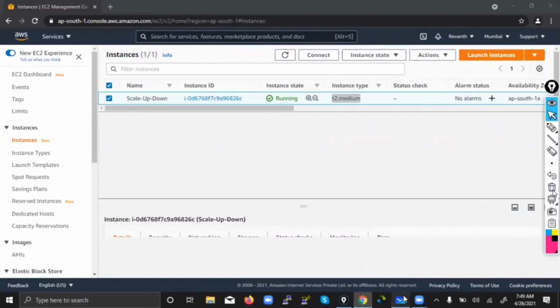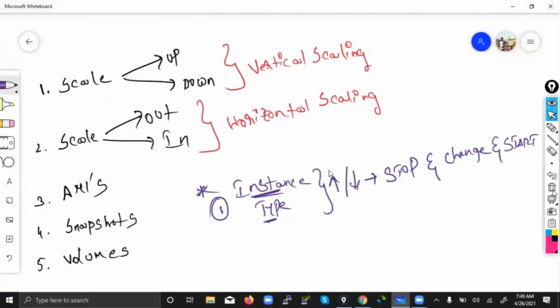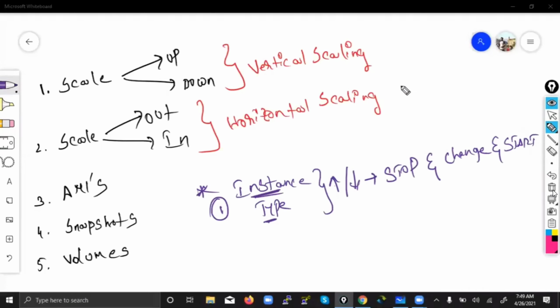So in fact, why does auto scaling follow only horizontal? Why not vertical? It's a simple logic. If you observe carefully, let's assume auto scaling is working on vertical scaling also. So what will you do if CPU percentage is increasing? Instead of increasing the number of boxes, we will increase the